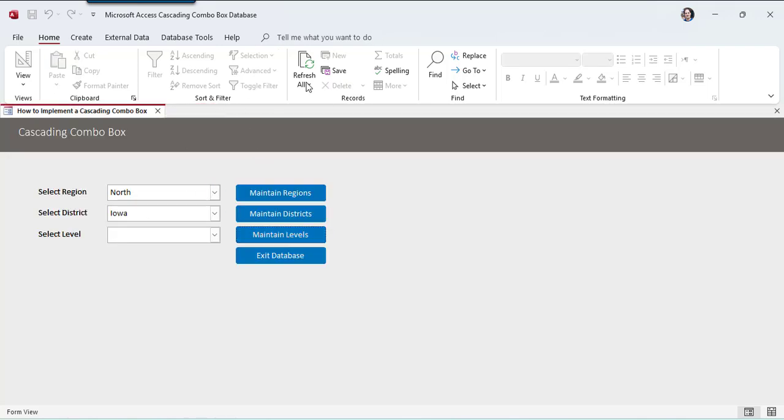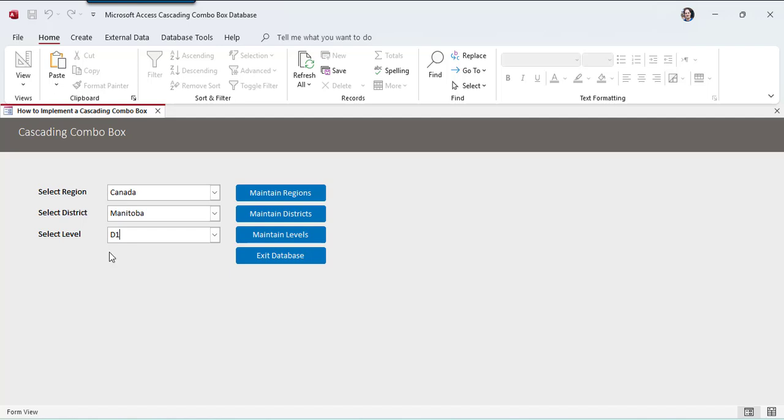Okay, I'm not sure we got every single level here, but so now I can take this, I can change this to Canada, Manitoba, District 1. You get the idea. And so the last step, if I were to put this in another database, maybe it's an order system, maybe you're setting up congressional donations or candidates, whatever. You can simply take these boxes and copy them into a form in either this or another database so that you don't have to set these things up from scratch, because it's not overly difficult, but it can be tedious